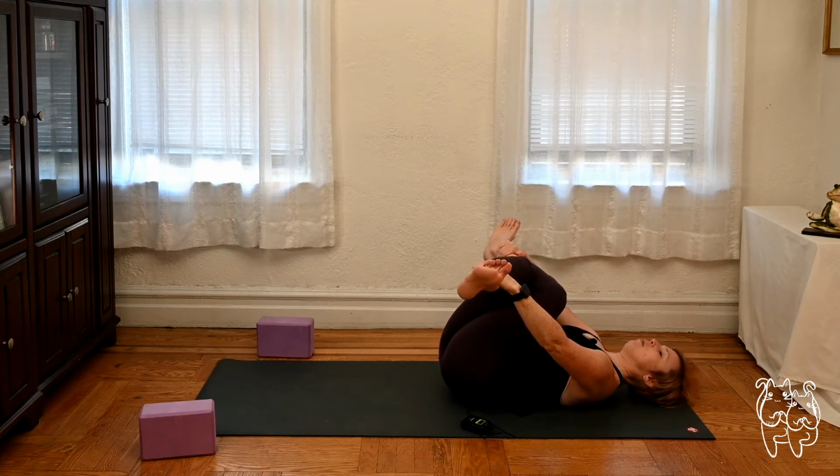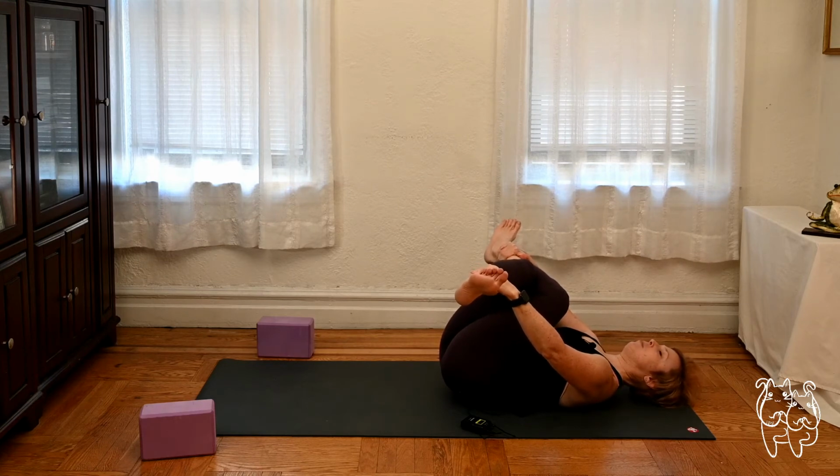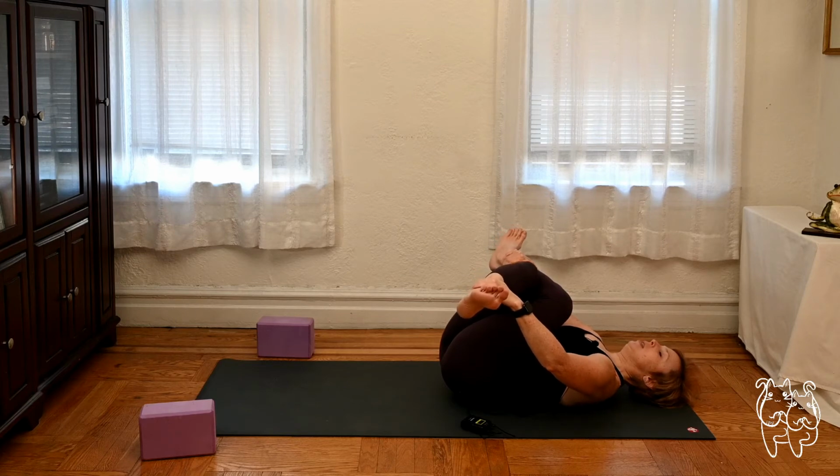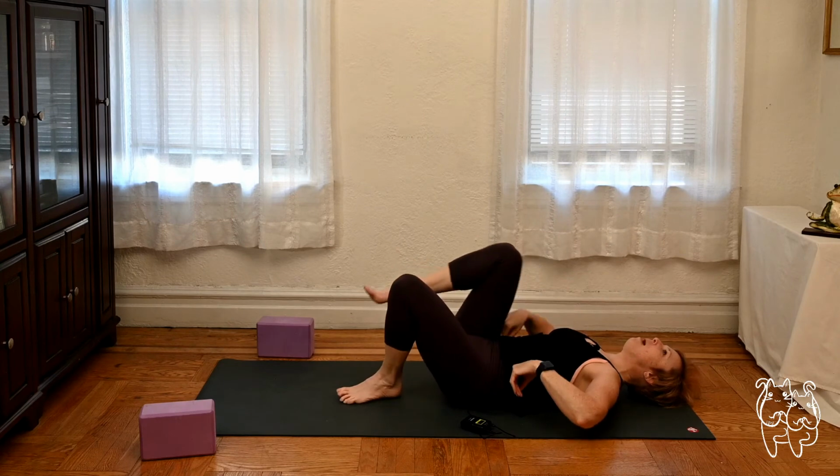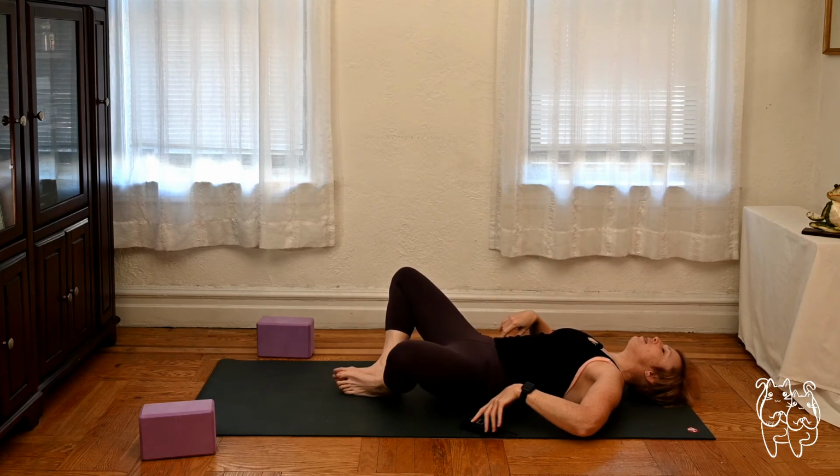Nice deep breaths, going just enough so that you feel the stretch in the hips. Take one more deep breath. Start letting go, unwrap your legs, bring your feet to the mat, Supta Baddha Konasana, bring the soles of the